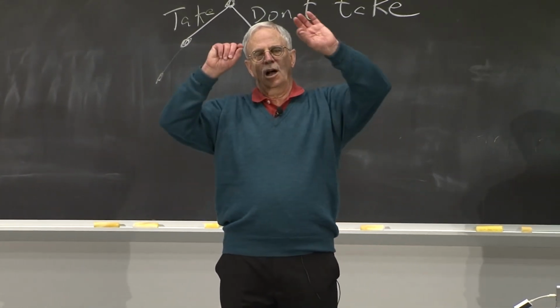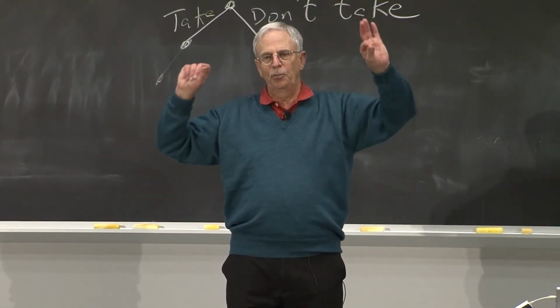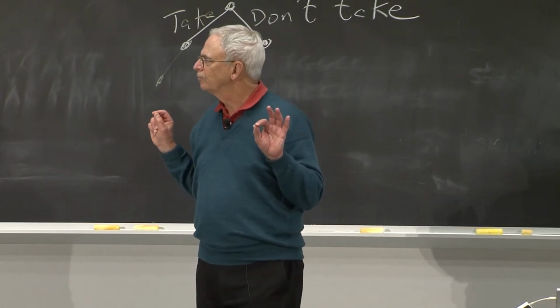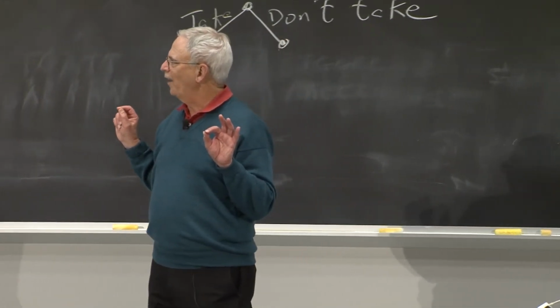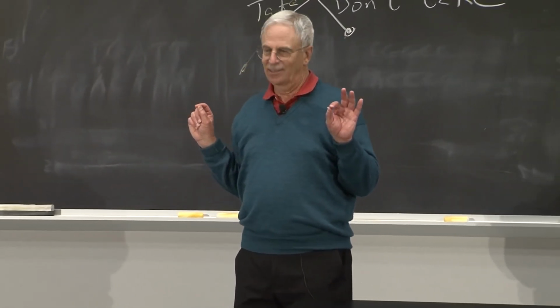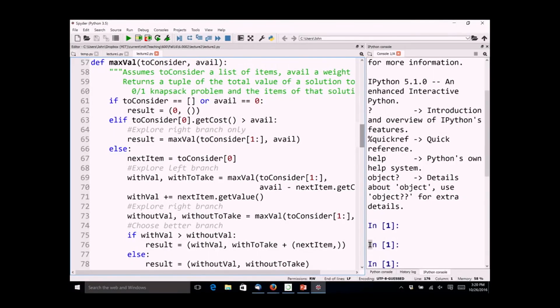Now on this branch, there are 2 possibilities to think about, which I'm calling with val and with to take. So I'm going to call max val of to consider of everything except the current element, and pass in an available weight of avail minus whatever. Well, let me